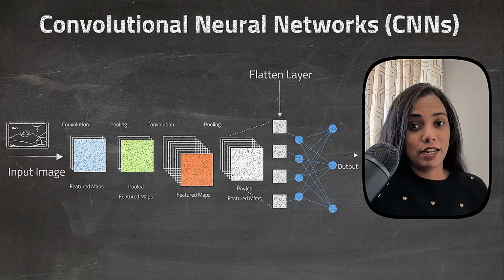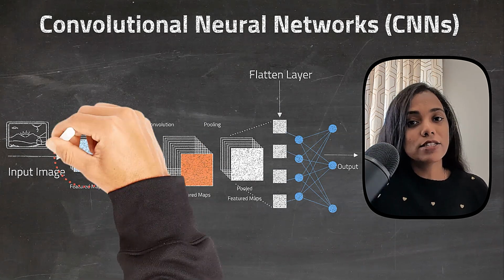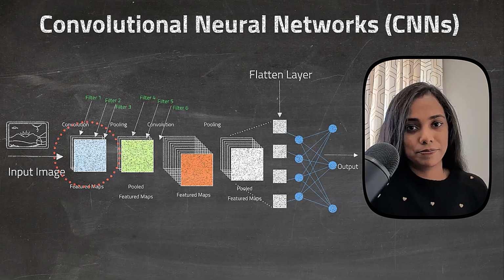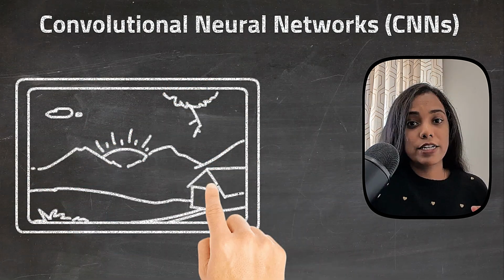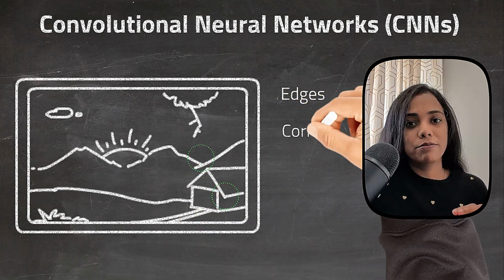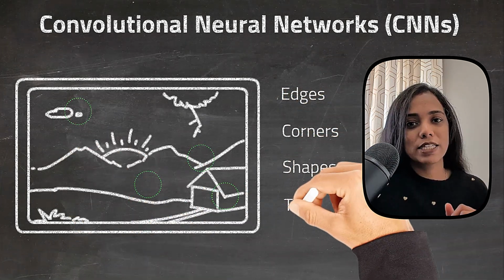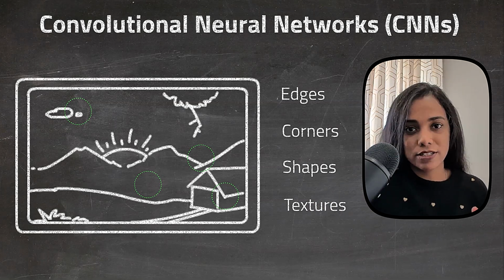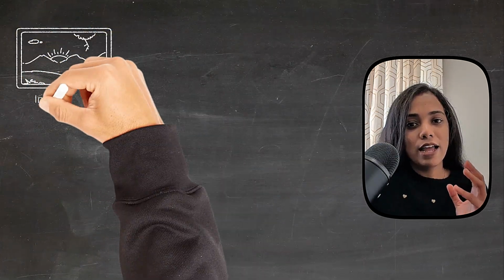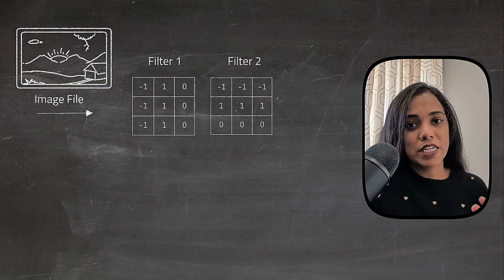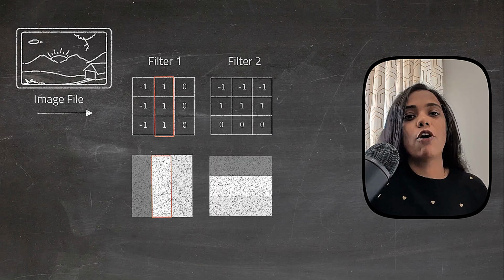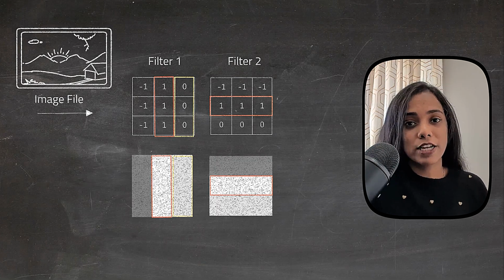They use special layers to accomplish this, and the name of those special layers is convolutional layers. These layers are like filters that scan across the image to find edges or corners, shapes in the image, even textures, for example. And then they identify how all of these different shapes and textures come together to form an object. So that's one type of neural network.